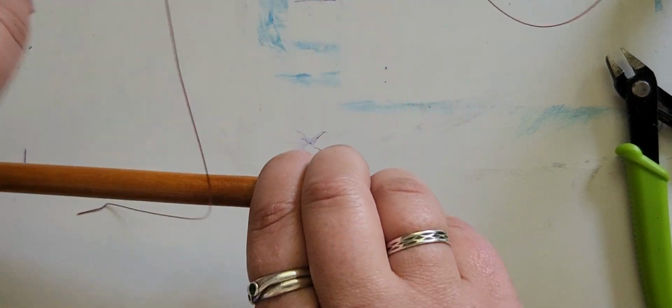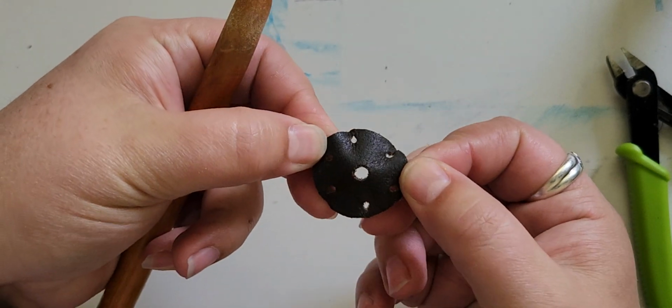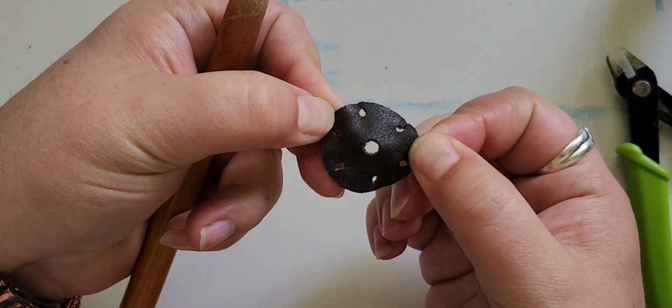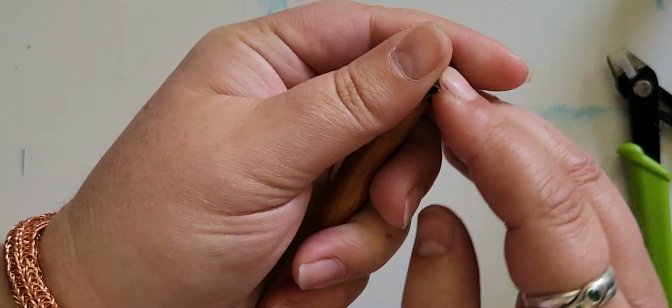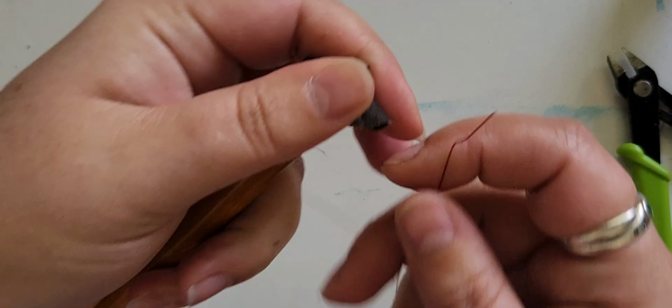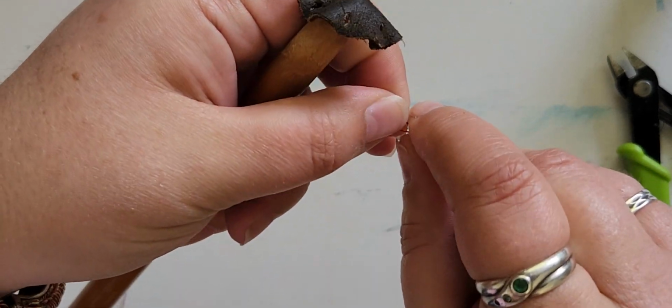So I'm going to start with the way I start mine, which is with a little piece of leather that's got 6 holes punched in it, and I put it on the top of this needle, and for this I'm using this red wire. So we start it exactly where you would,